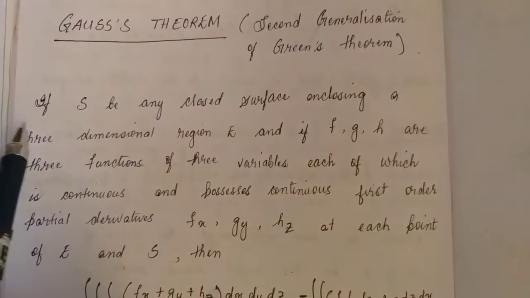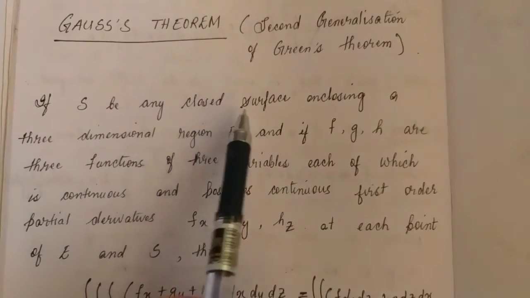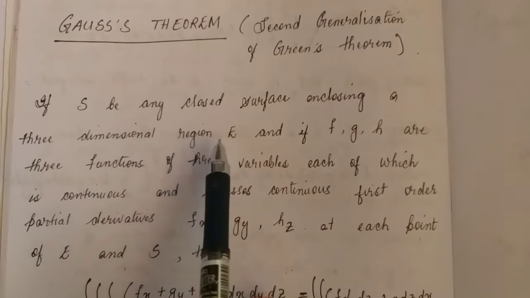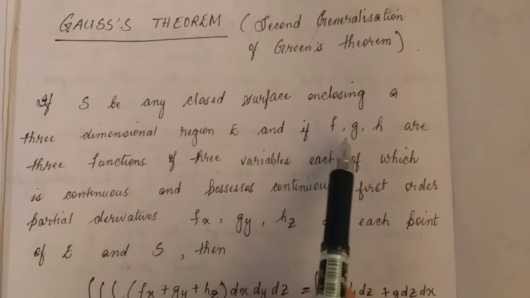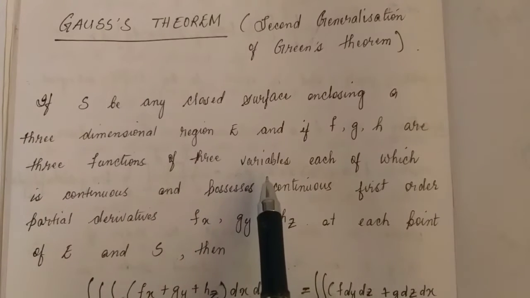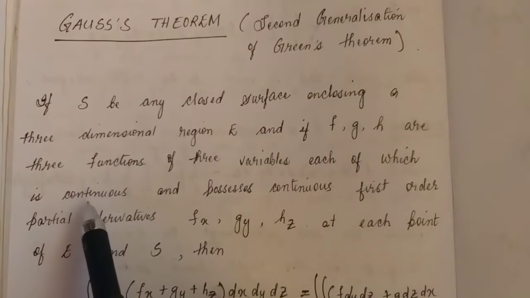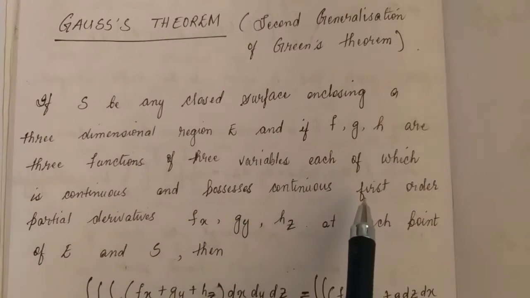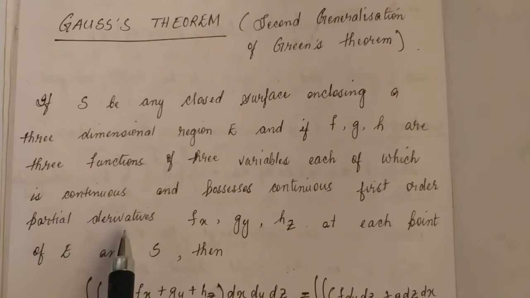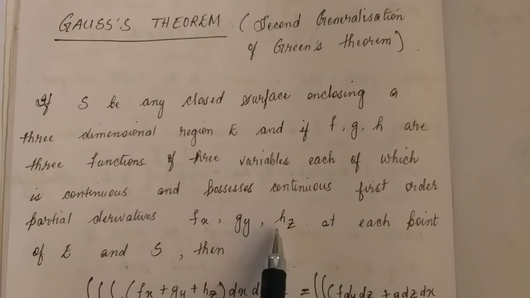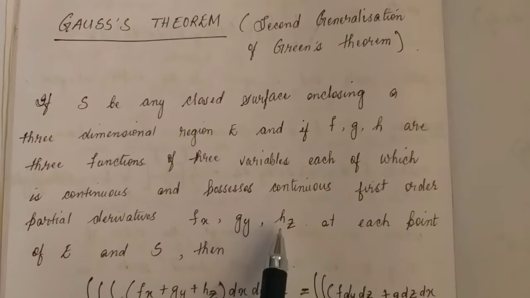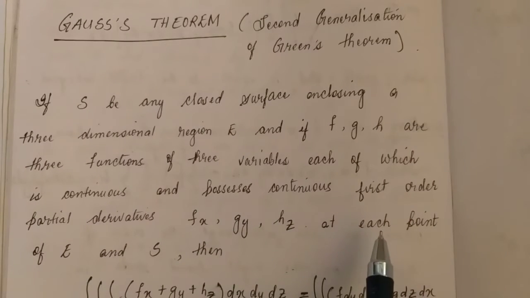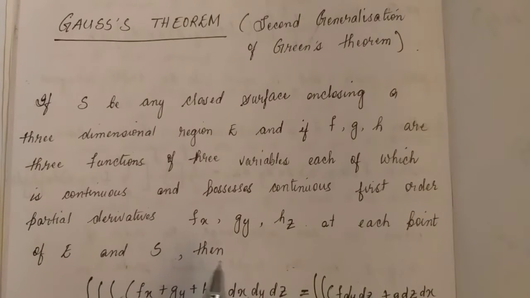Okay, if we have S to be any closed surface enclosing a three-dimensional region E. Remember, here we have S and E. And if f, g, and h are three functions of three variables, and each of which is continuous and possesses continuous first order partial derivatives f of x, g of y, h of z, it means you differentiate f with respect to x, g with respect to y, and h with respect to z, at each point of E and S, then